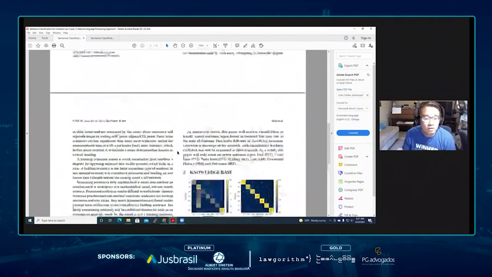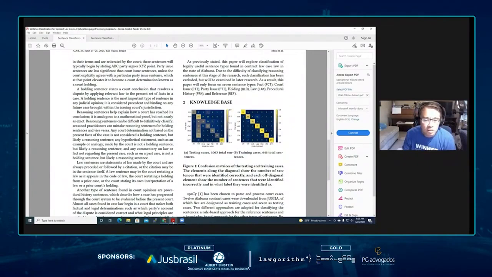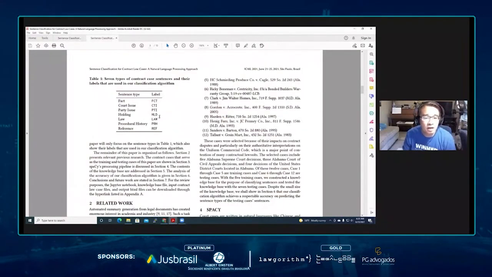So the 7 types of sentences we currently identify are the fact sentence, the court issue sentence, the parties issue sentence, the holding sentence, the law sentence, procedural history, and references. Okay, everybody pretty much understands what a fact sentence is. It's essentially specifying the facts of the case. And then the court issue and party issues are the